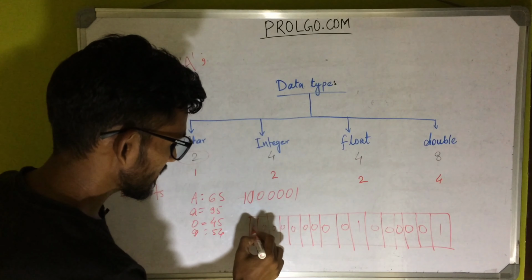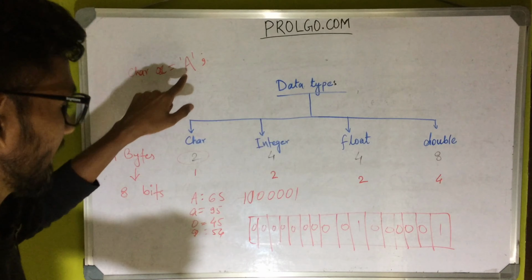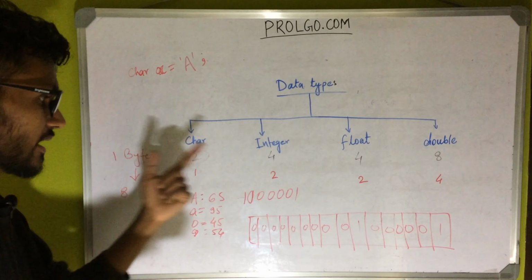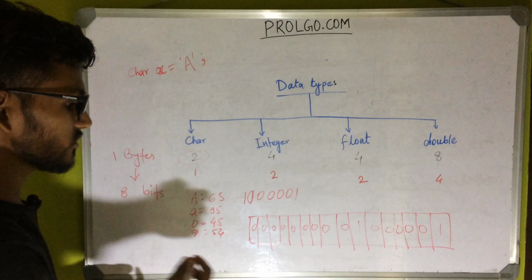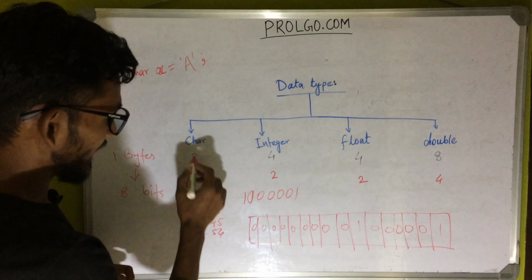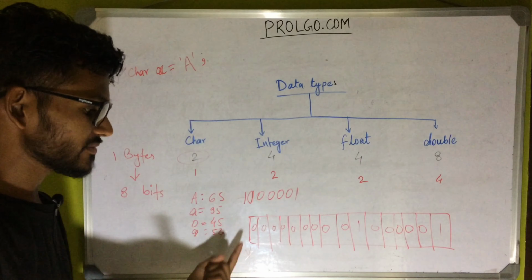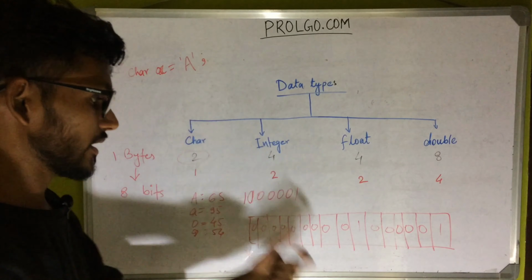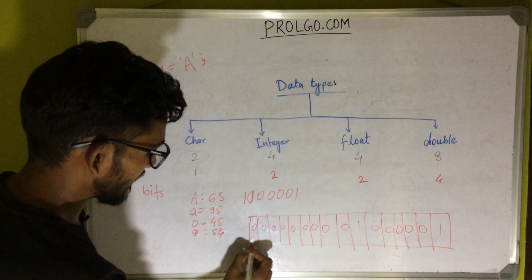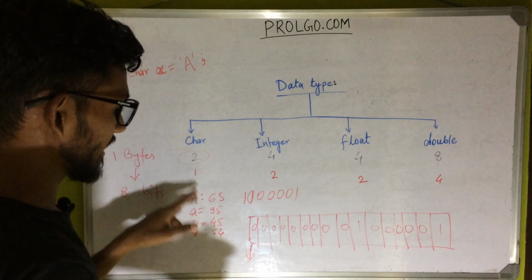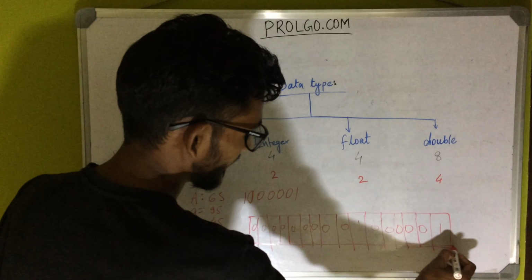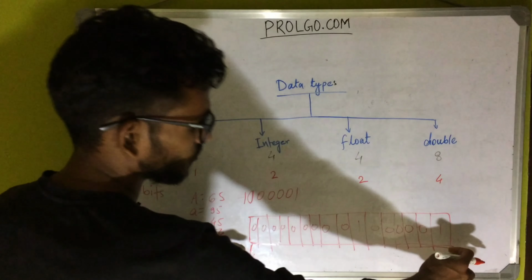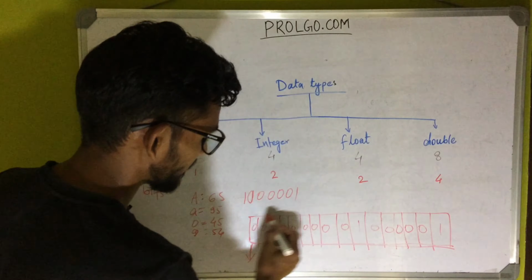So this is how A will be stored in the memory. Now when the compiler fetches the same data from the memory, it will see the first address. I will explain the same concept in detail in the pointer topic, how data gets stored and how it gets fetched. It has this address for the character, and then it will take 2 bytes of data, because it knows that x is a character value, and then it will fetch this data.